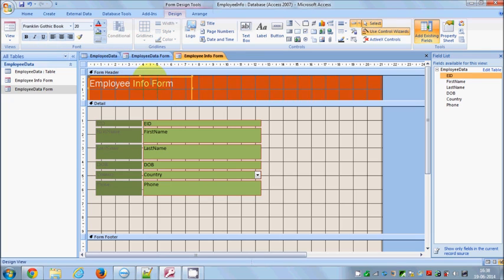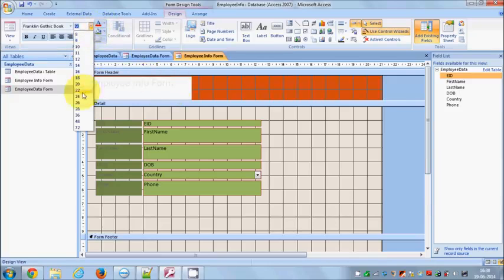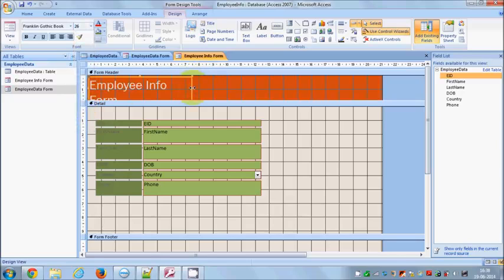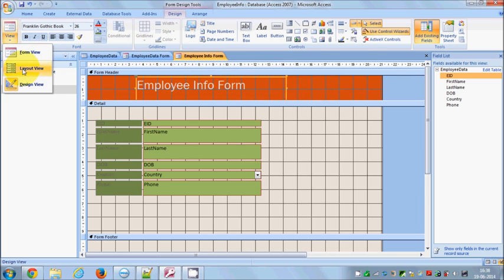I can move this title wherever I want. So for example, first of all, I change the font size and font size will be, for example, 26. I can make it bigger so it can fit and I want to make it in the middle. Okay. Once again, I will go to the layout view